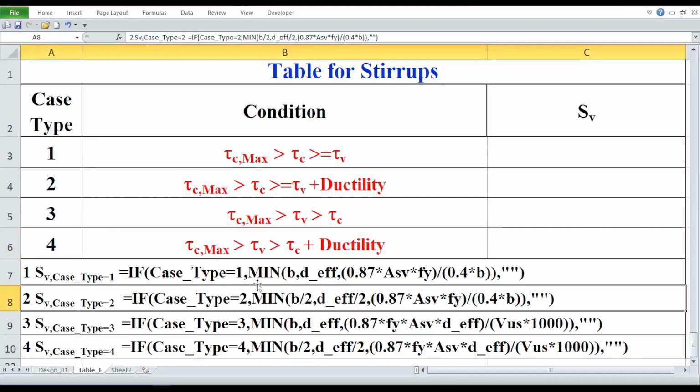options. Formulas for stirrup spacing. Below this, we are seeing 4 formulas. These formulas will calculate the spacing of the stirrups, based on the auto-generated case type. First, SV case underscore type equals 1, that is for spacing of the stirrups for case type 1. And the formula is equals to, if, case underscore type equals 1, comma, min, open parenthesis, b, comma, d underscore